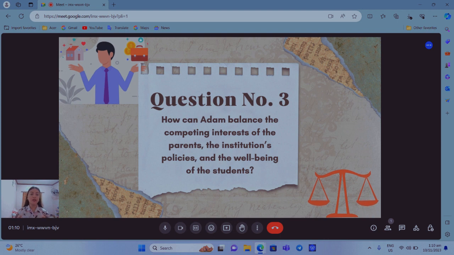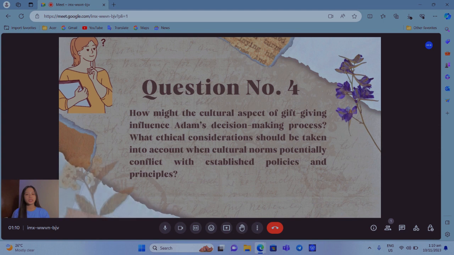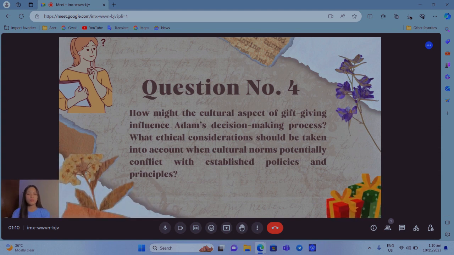By skillfully balancing the parents' concerns, the institution's policies, and the student's best interests, Adam can assert his integrity and build a positive relationship with the parents. I'm Sunshine Blecta, who will answer question number 4, which is